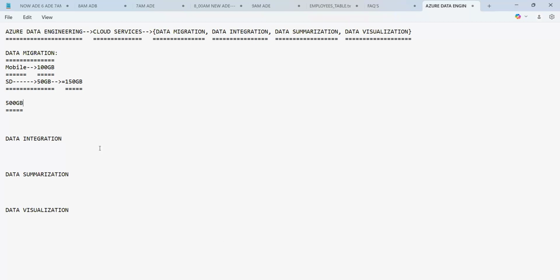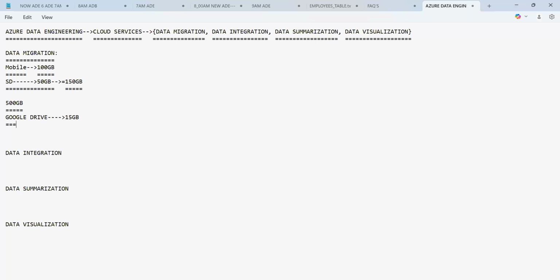So to avoid the same, guys, what do we do? To avoid it, we use the following. The first one is Google Drive. When we store data in Google Drive, what is the free memory you have? 15 GB is the free memory, guys.